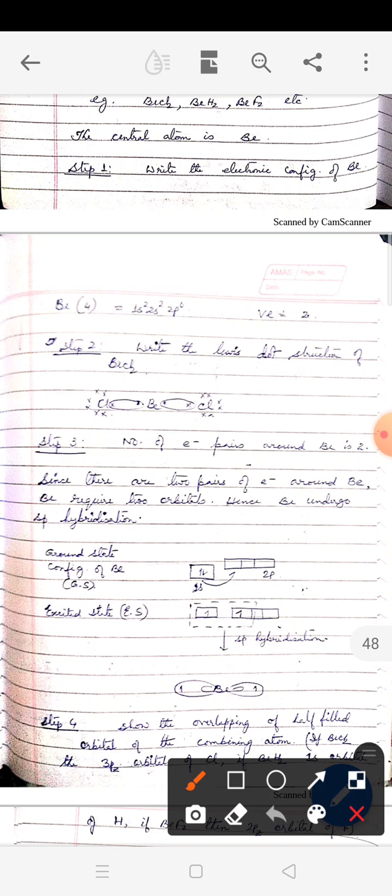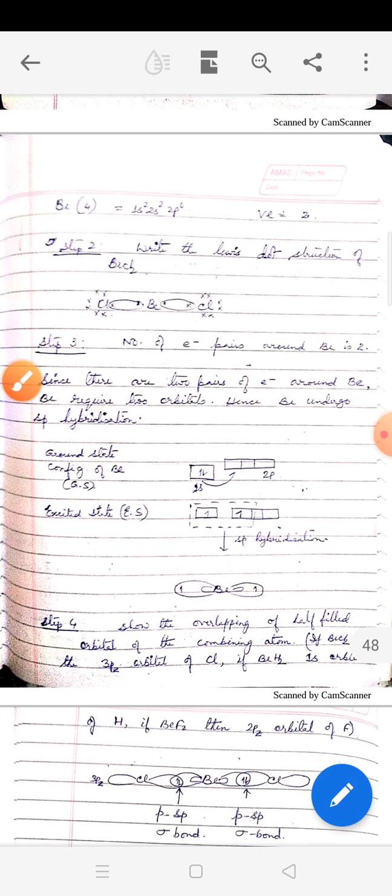Now after you have drawn the arrangement of the orbitals, you have to distribute these electrons. You have a total of 2 electrons. The distribution should take place according to Hund's rule. One electron here, one electron here. Both the electrons will not go to one of the orbitals. Because according to Hund's rule, when the energy of the orbitals is the same, the electrons distribute themselves singly and then they pair up.